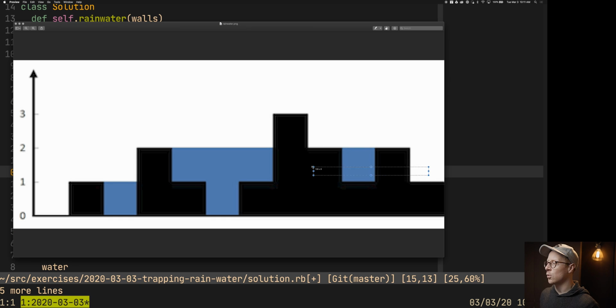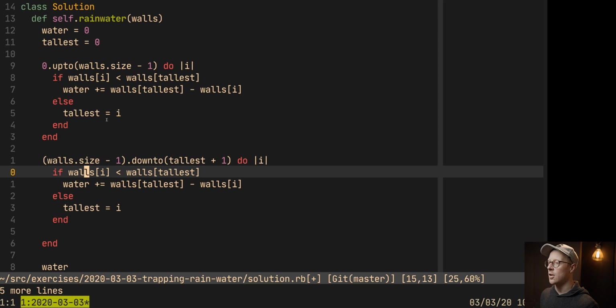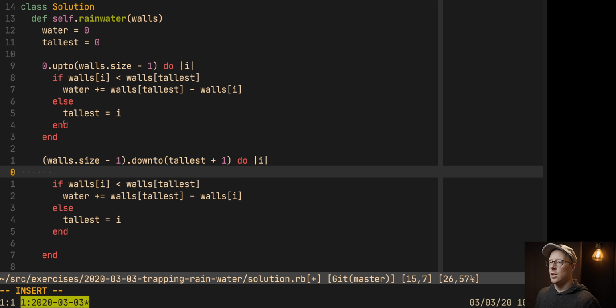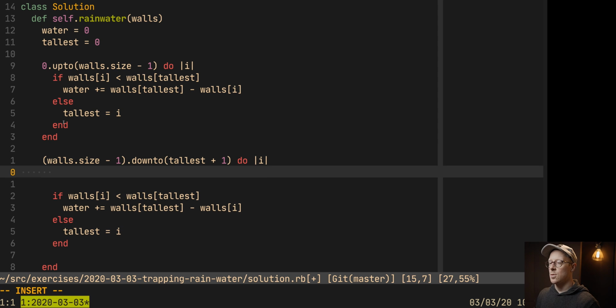We're gonna go back through from end to beginning and add in the water, but also be subtracting the water that's gonna fall off, right? So what are we doing? So first let's do our subtraction. So we have walls of,